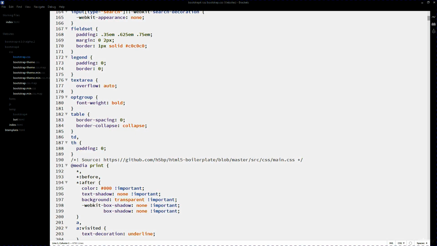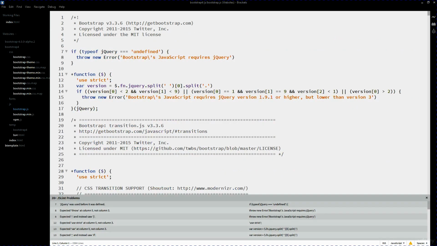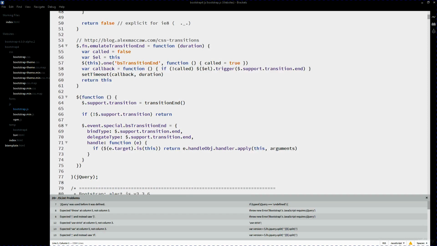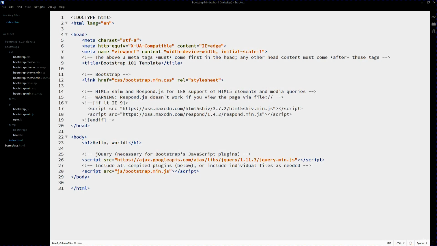And the minified is the same content, but there's no spacing in between there. So essentially what minified does is it loads faster, and the same thing for JavaScript. So they've got the regular JavaScript here, and then they've got the minified JavaScript, which is going to be condensed version without the white space in order for it to load faster. You can use either one as your main source for your projects,